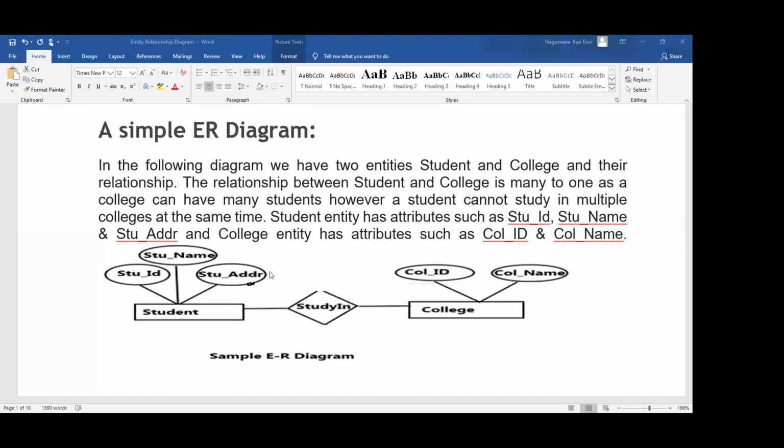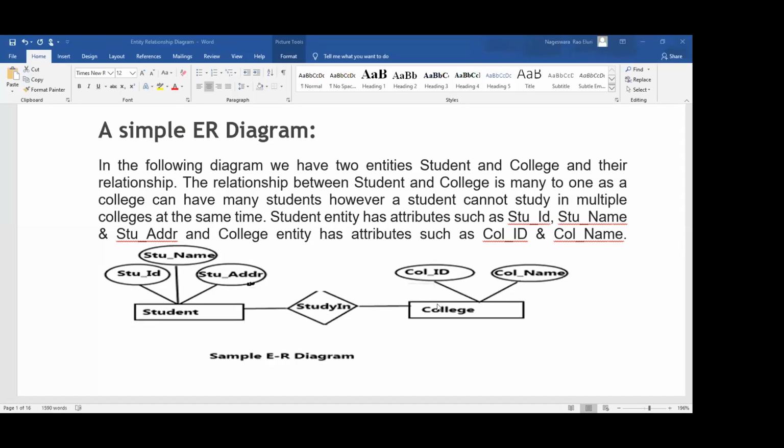Students means many students studying in one college. So here one college is one. Finally this diagram gives a many to one relationship. That means one student can join only one college, not many colleges. A student gets admission only in one engineering college, not in other engineering colleges at the same time.